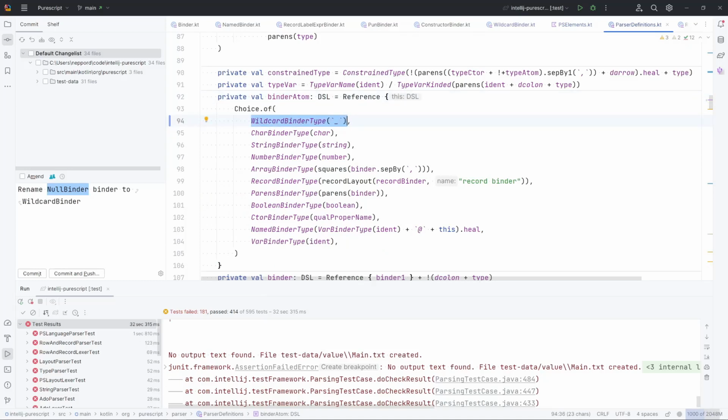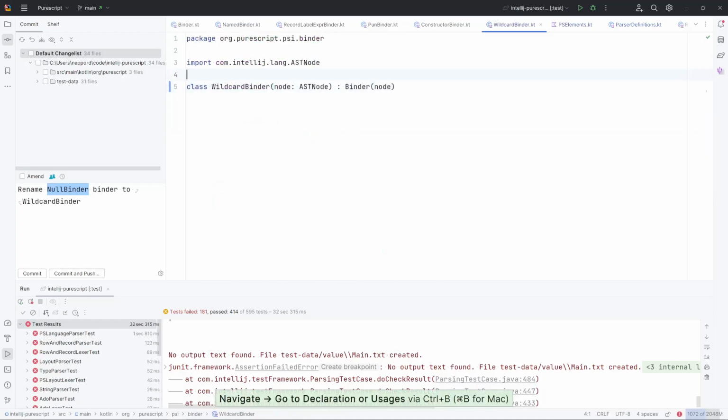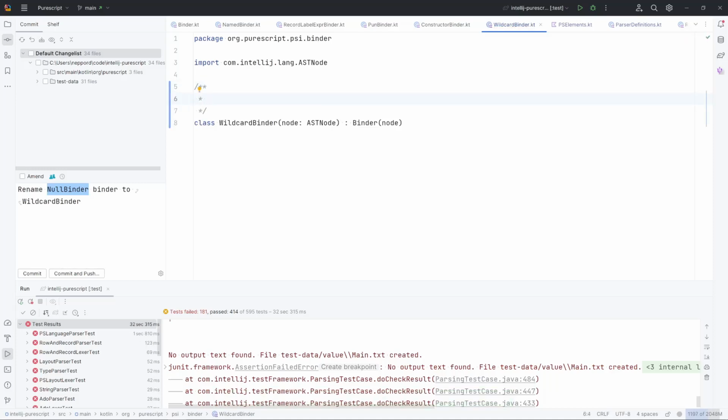So this is basically when you, let's add some documentation while we're at it. So the wildcard binder is when you do things like a function and I don't care about what the parameter actually is. So underscore in expression. Expression is the wrong word here, but